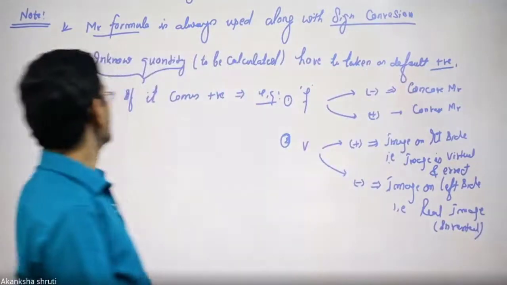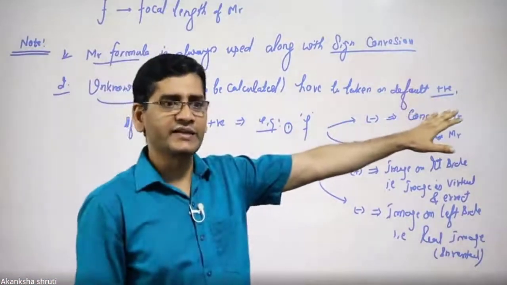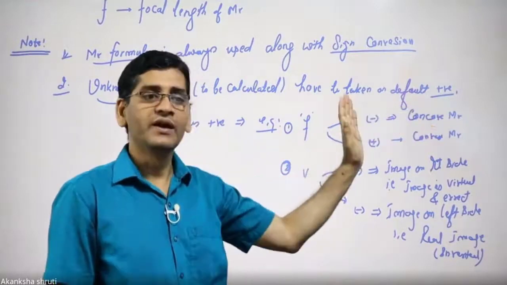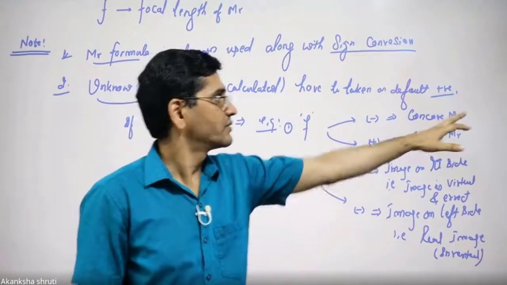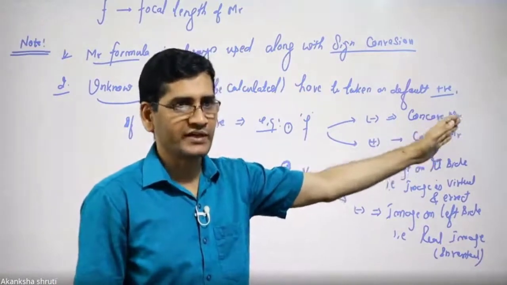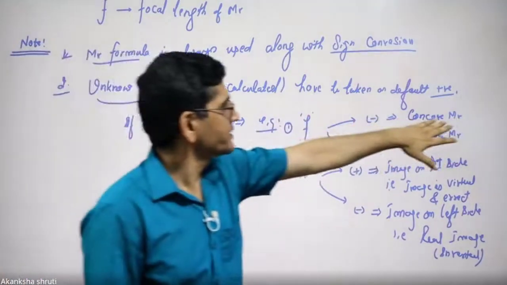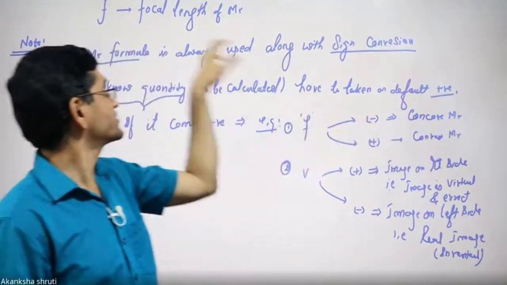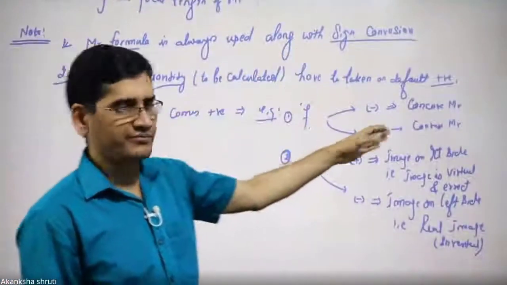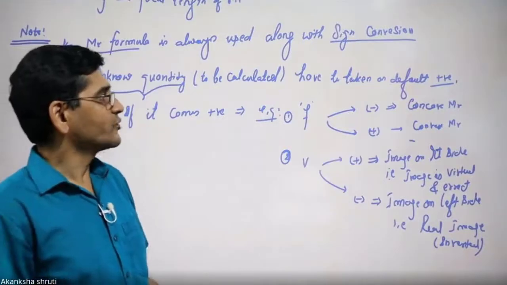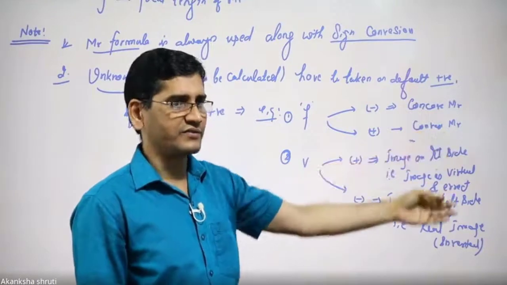So this way, if the unknown quantity is not associated with any sign, negative or positive, just by assuming it. Even if the given numerical states the nature of the mirror, say convex or concave, don't worry about that. Even if the mirror given is concave, you associate the sign of u and v only. Leave it for f if it has to be calculated. By calculation, we can confirm yes, it is concave or it is convex. So don't worry about that.